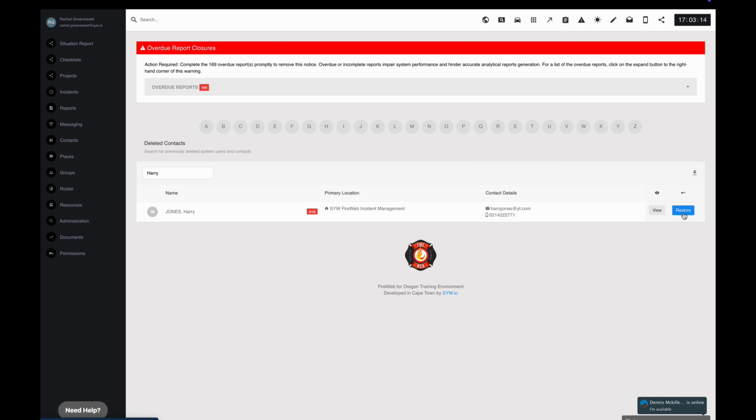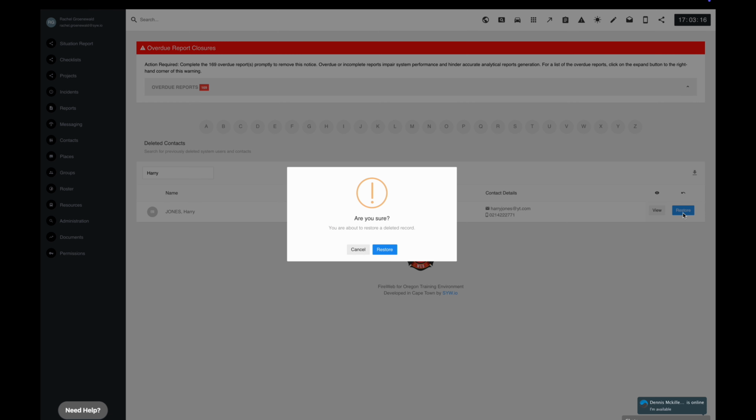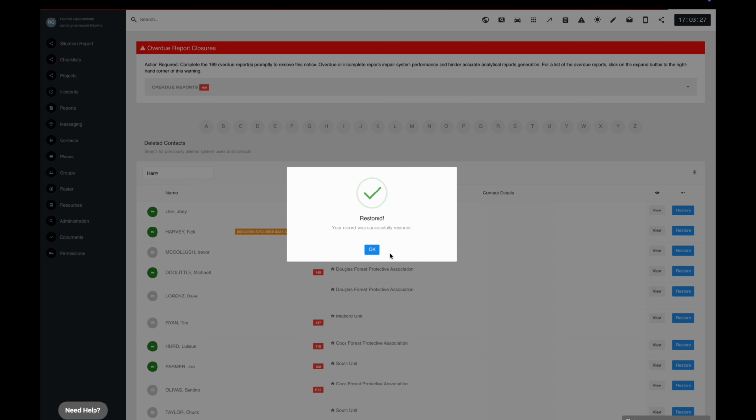Upon clicking the Restore button, a pop-up message will appear on your screen. This message will ask for confirmation that you wish to restore the selected contact. To proceed with the restoration, click the Restore button within the pop-up message. The contact will then be moved back to the active contacts list within the Contacts module and will be accessible